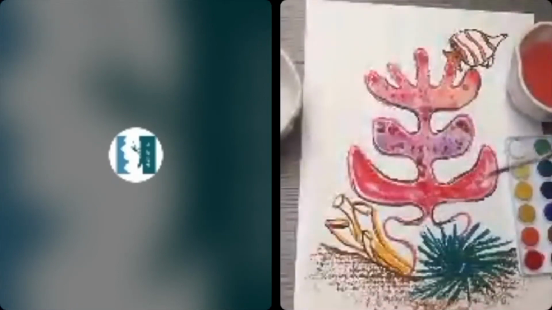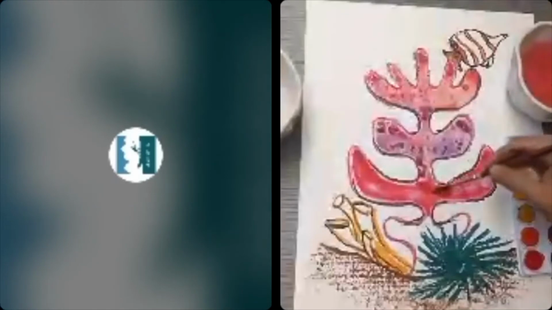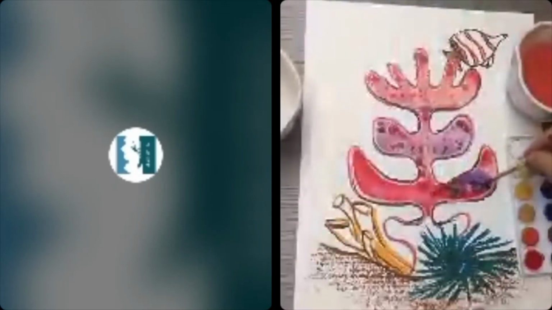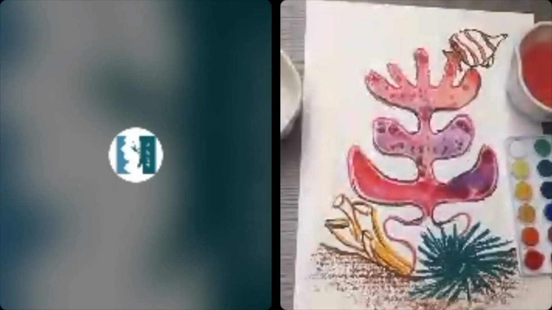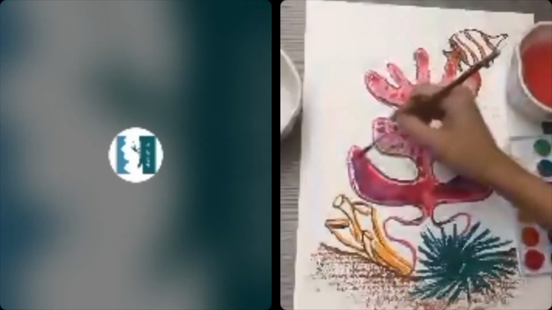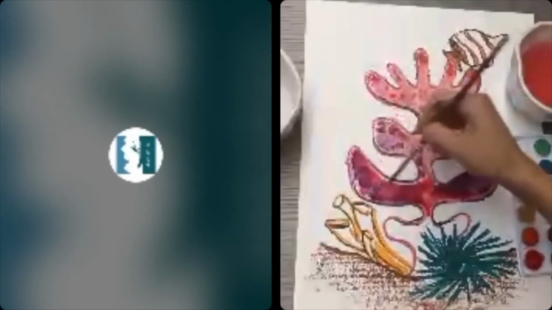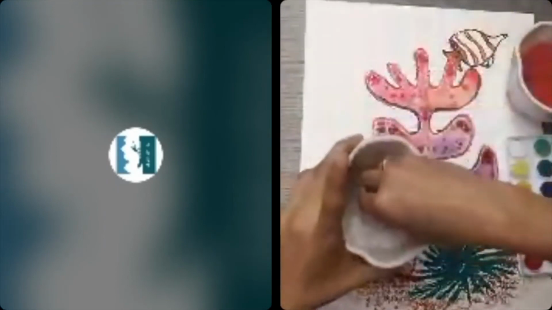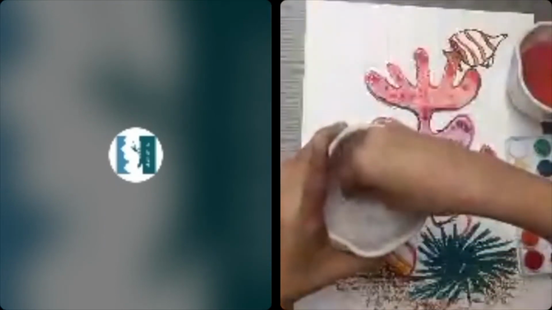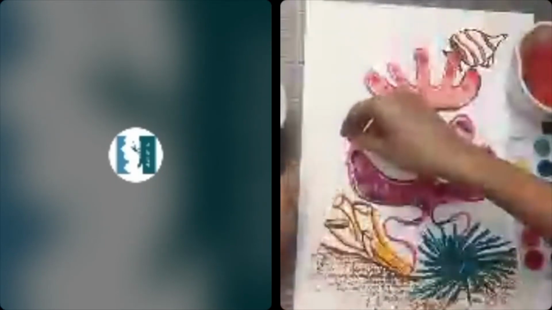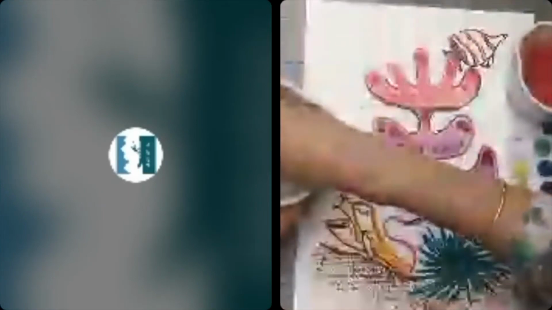If you feel like the water is running out, you can always dab a little bit more so that your salt holds on to it better. Little more blue and purple, blue making purple here. You will need to blend them in together so that they mix. The brighter the color, the more the effect of the salt. Okay, so while we're using a lot of water, we will need to take as much paint as we can to balance it out.